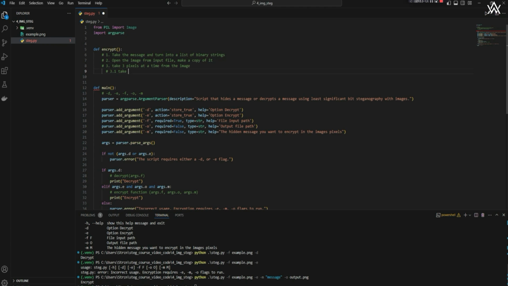We need to take the colors of the pixels and turn them into binary strings themselves,